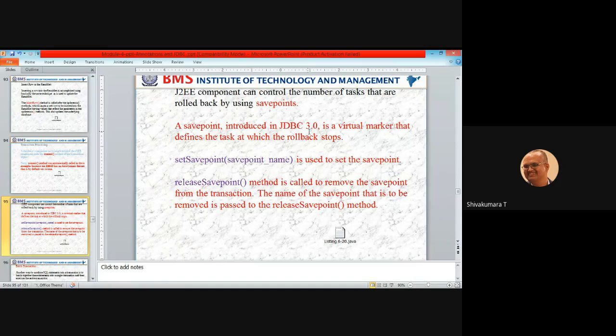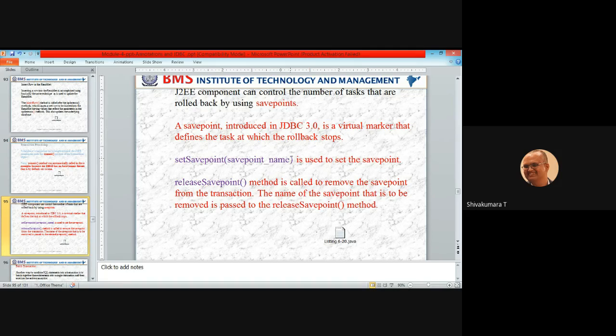To avoid reprocessing the same set of transactions again and again, savepoints and rollback methods are used. A savepoint was introduced in the JDBC 3.0 specification.